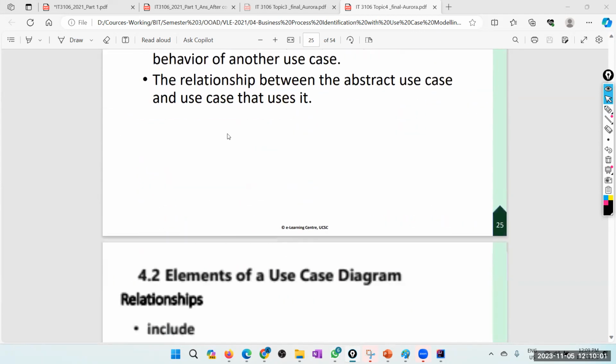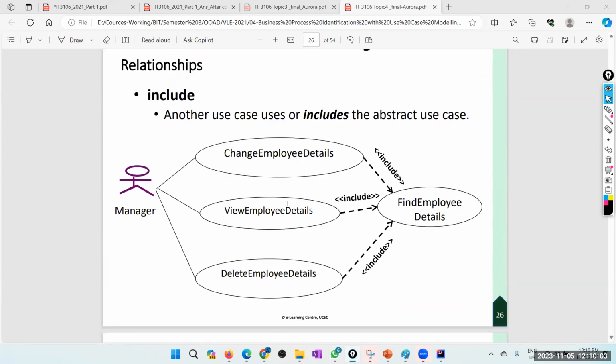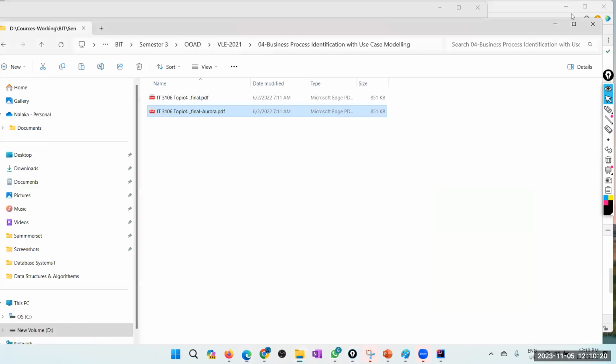Sorry for that. So in include, it is from the main use case to the included use case, but in extend, it is from the extended use case to the base use case. Correct. Sorry, I completely missed it. I swapped it. I got the answers in the wrong order. So therefore, yes, the answer is